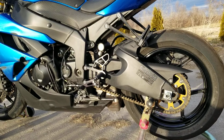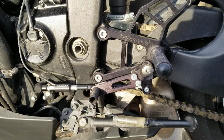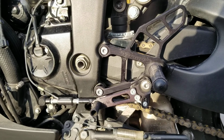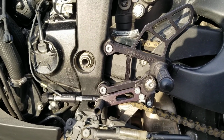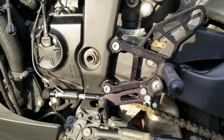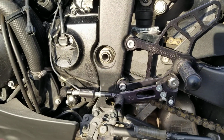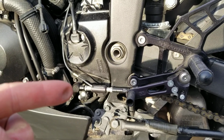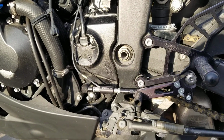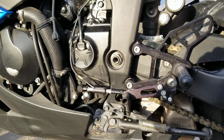But anyway, I have nice rear sets on here. I think they're Woodcraft, or I forget the brand, but I think it's a nice brand. And then I also have a quick shifter. You can see the Bazzaz quick shifter. How that works is there's a strain gauge, which you can see right here, and it senses when you actuate the shift lever if it stretches or gets compressed. What it does is cut the ignition for milliseconds between shifts, and that allows full throttle,